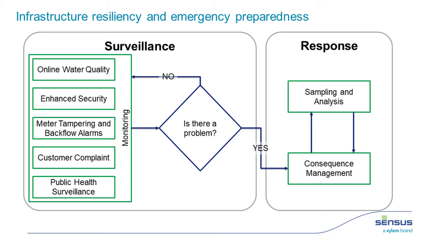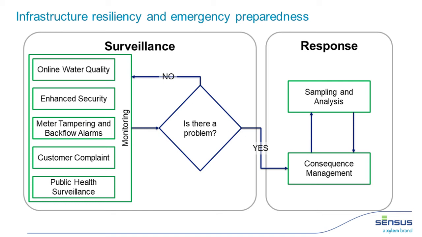I'm going to shift gears a little bit because Tom also talked about another challenge about infrastructure resiliency and emergency preparedness. And I think this is really good timing because of the AWIA requirements that, depending on your utility size, are either already submitted or you are finishing up some of that work. And I won't go into this totally because we did just give a webinar on this a few weeks ago that really dives into what the EPA calls surveillance and response systems.